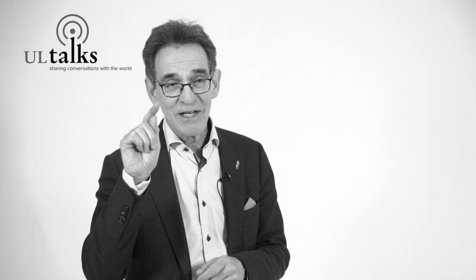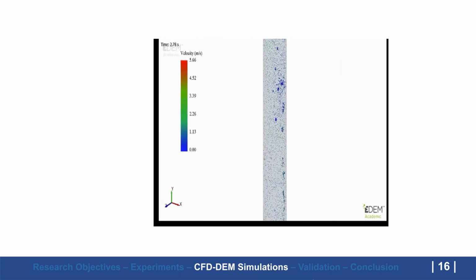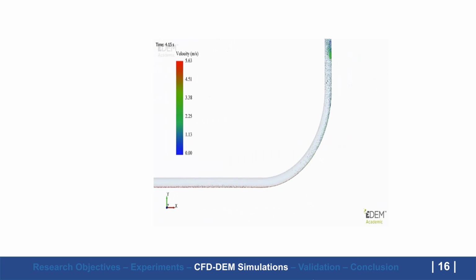There is a test loop in UL, and we use that as an example. It has a horizontal part, it has a vertical part, it has again a horizontal part, and then a horizontal bend. So there are 3 bends in the system, and that's a difficulty for these powder particles. We show you in this movie how these particles travel around these bends, how they dance in the vertical part, how they collide on the walls, and how they stick to the walls. So that's a very important aspect for improving the performance of dairy plants.